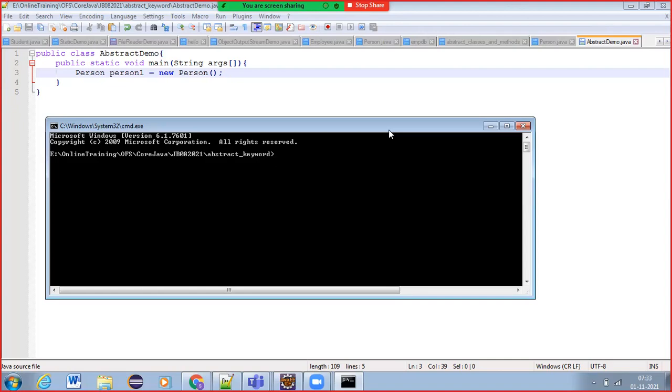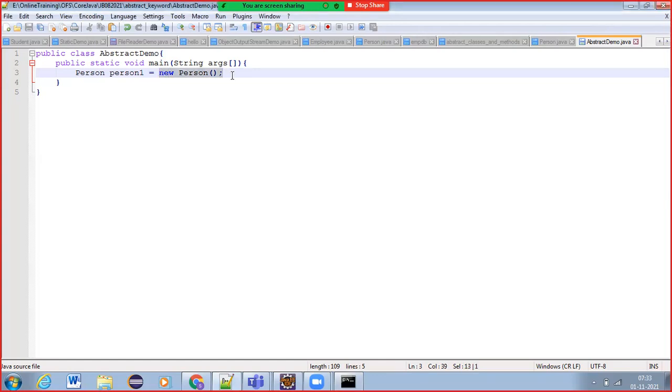Creating an object for the Person class, right? Technically we call that instantiation of the Person object.